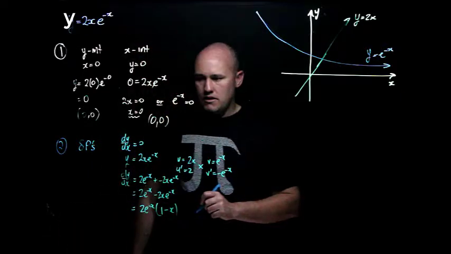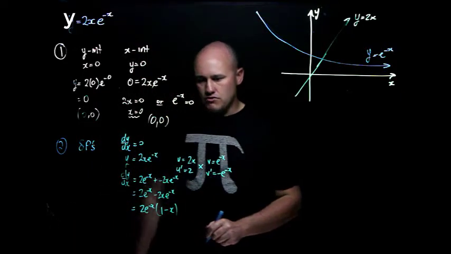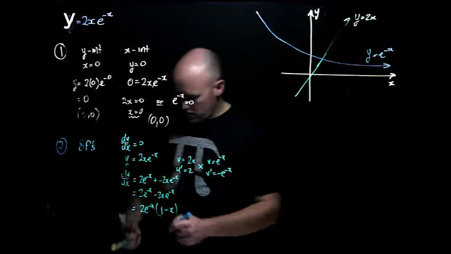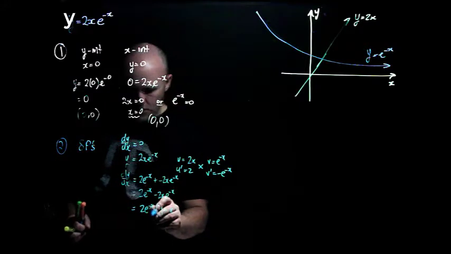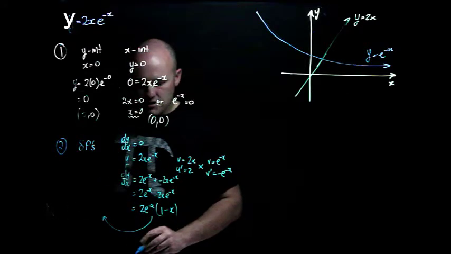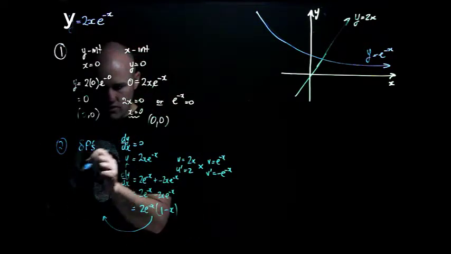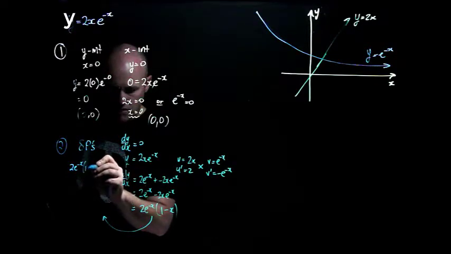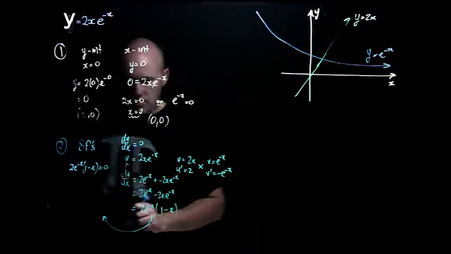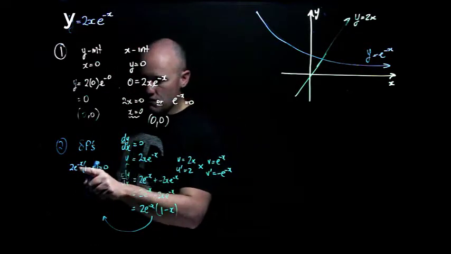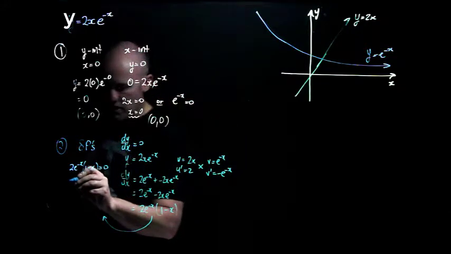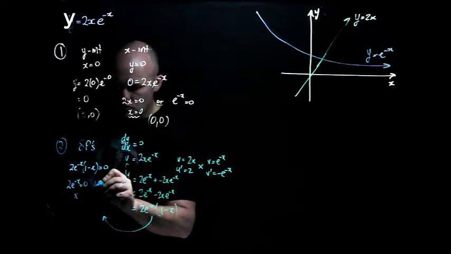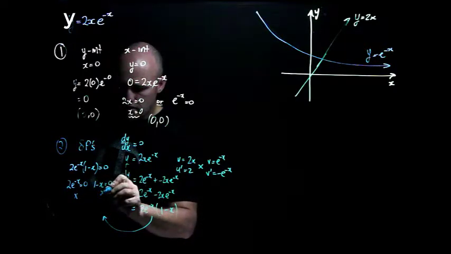There we go. Now I want to know what happens when dy/dx equals 0, and I'm going to quickly run out of space, and I'll probably need this for some work later on. So what I'm going to do is something really cheeky and poorly worked, pretend I didn't run out of space and just finish it off here. So, when does dy/dx equal 0? 2e to the negative x times 1 minus x equals 0. When does that happen? Well, let's solve this. I've got null factor theorem again. Either 2e to the negative x equals 0, which doesn't happen, or 1 minus x equals 0 and